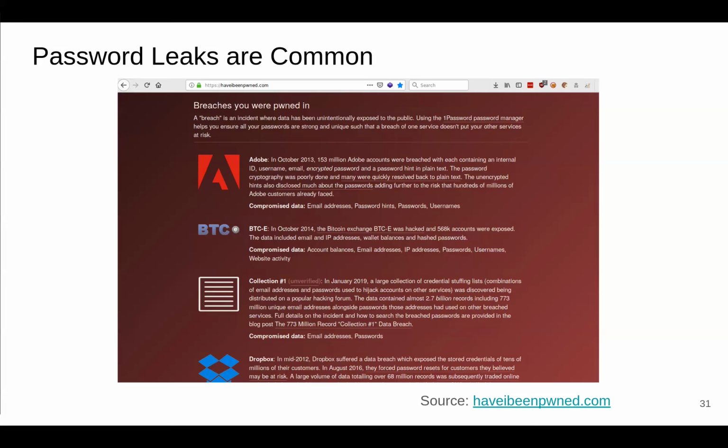Now, with things like Have I Been Pwned, you can enter your email address, but I think it goes without saying that on all these websites, don't trust "test your password" websites. This used to be a game of testing the strength of your password, and it gives you a number from 1 to 10 for how strong your password is. Entering your password on one of these websites is not a good idea because you're obviously transmitting your password to a third party. I would highly recommend against doing that.